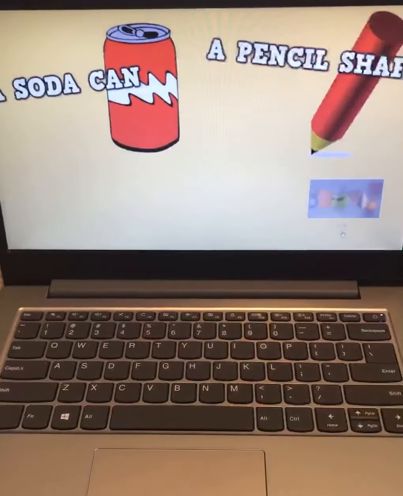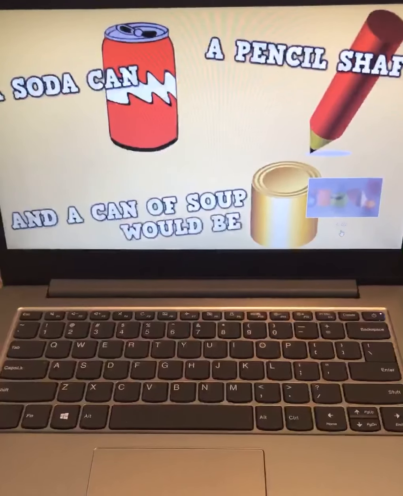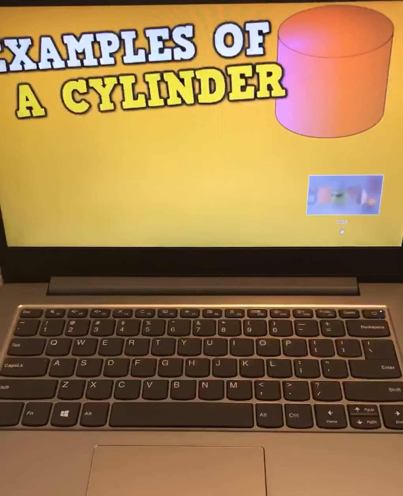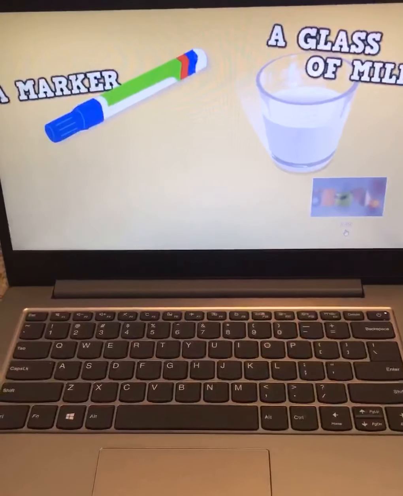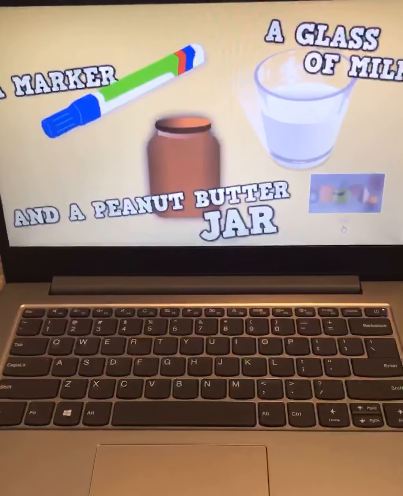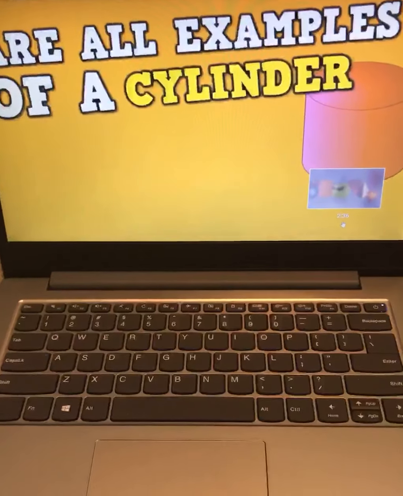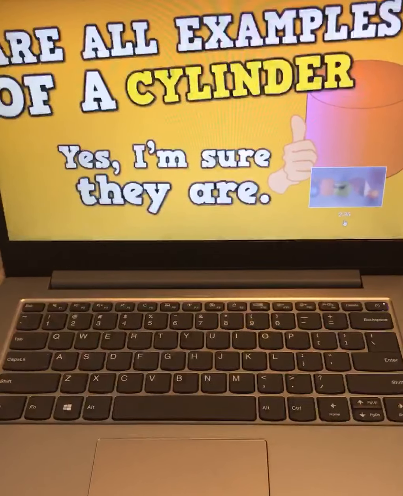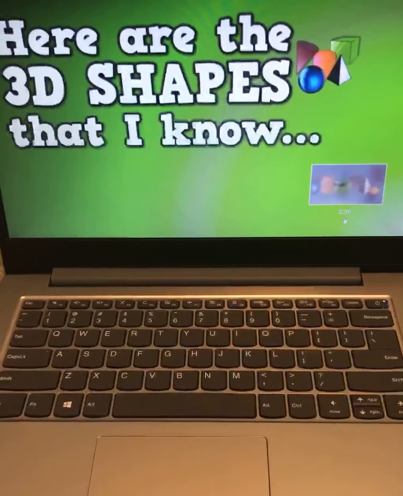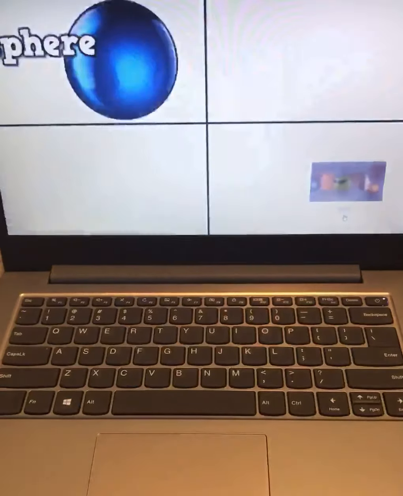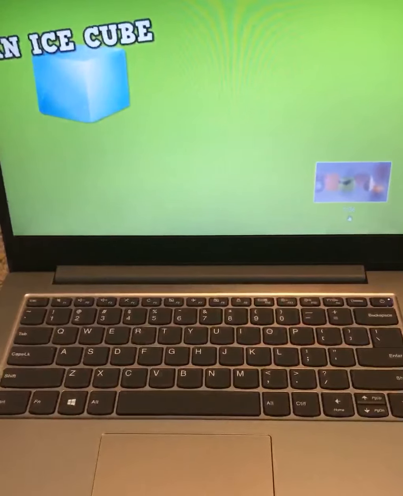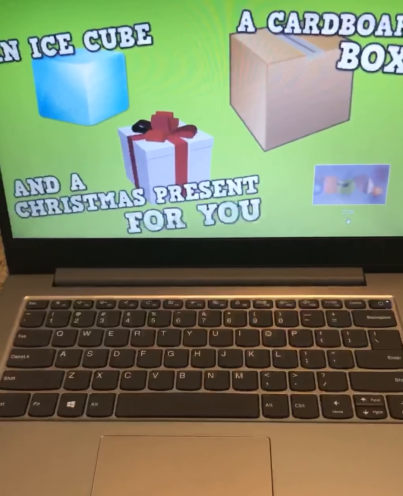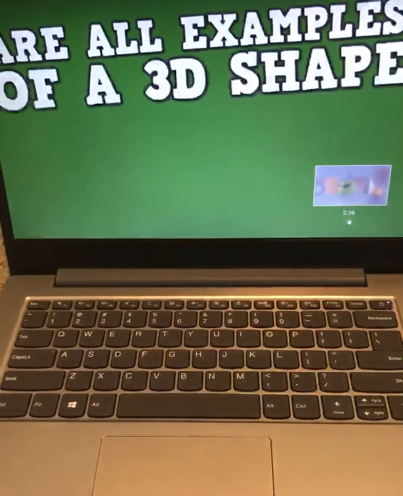A soda can, a pencil shaker, and a can of soup would be examples of a cylinder, as you can plainly see. A marker, a glass of milk, and a peanut butter jar are all examples of a cylinder. Yes, I'm sure they are. An ice cube, a cardboard box, and a Christmas present for you are all examples of a 3D shape